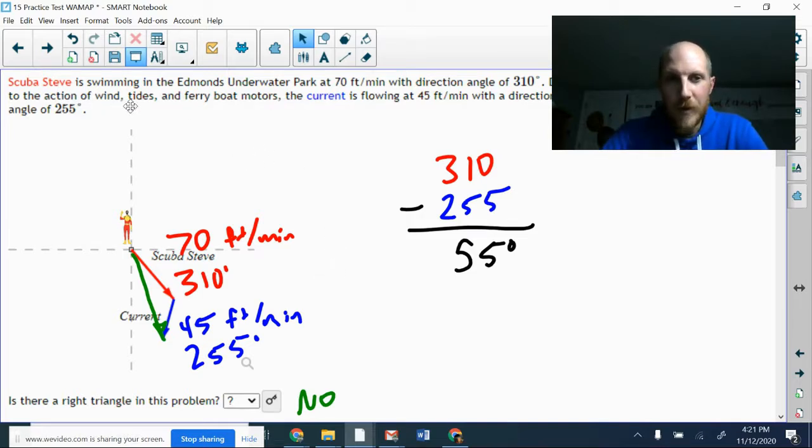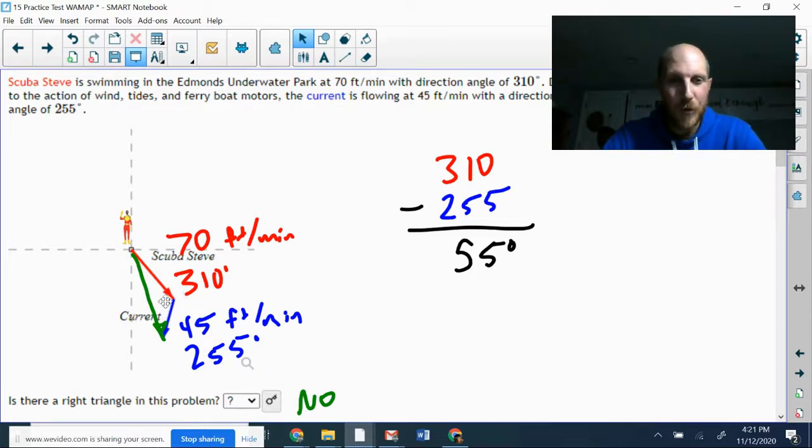Due to the action of wind, tides, and ferry boat motors, the current, in blue, was already labeled on the diagram: 45 feet per minute, the direction angle of 255. So the vector is drawn, but the labels I wrote on here myself. The first question I need to establish is, is there a right triangle in this problem? In order to find out, I mean, it doesn't look like it, but you can never trust math teachers